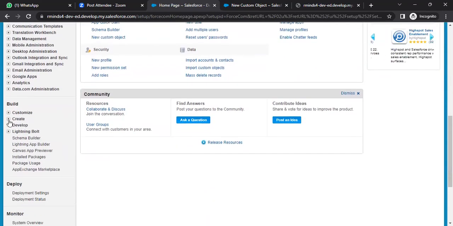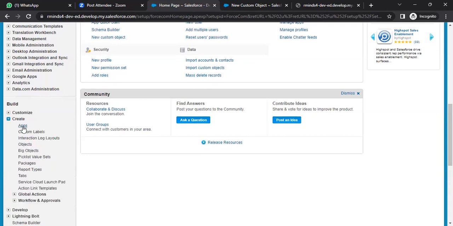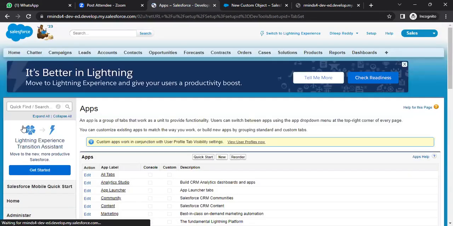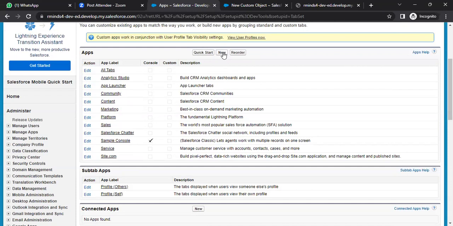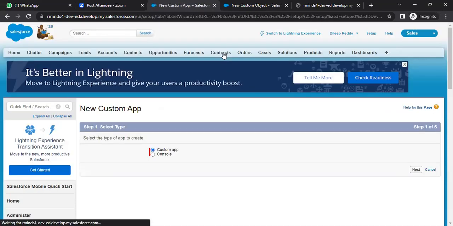Under build, we have create, and in the create, we have applications, right? So in the applications, we can view the applications, and here we have an option called new. So when I click on new,